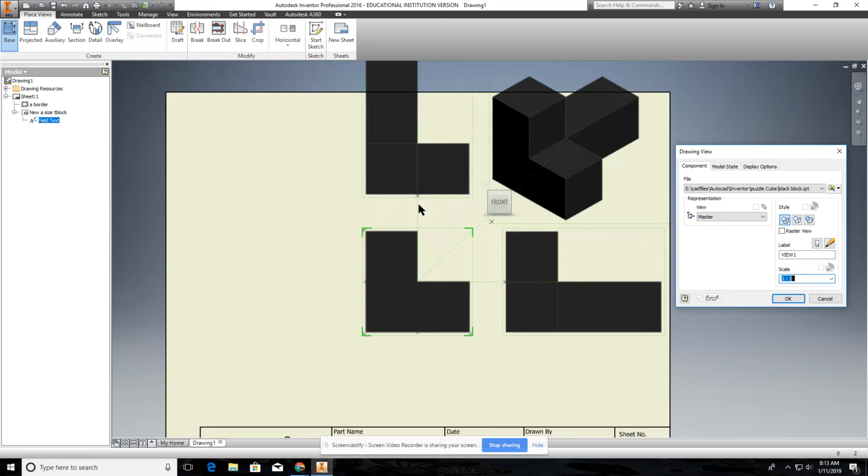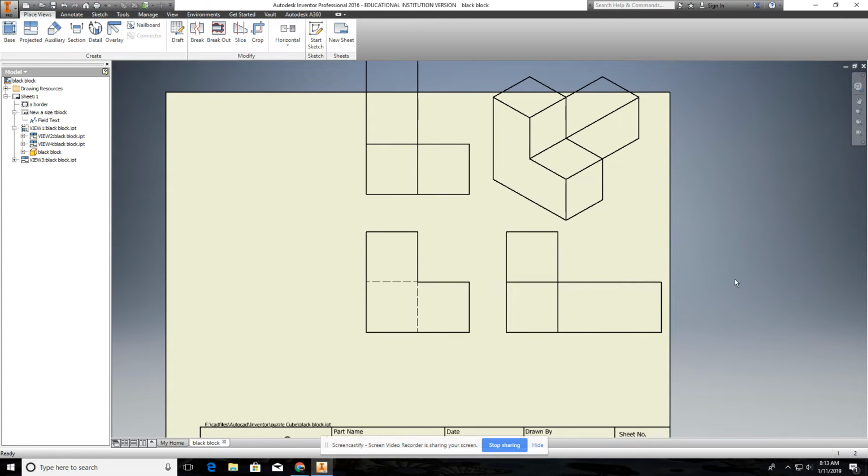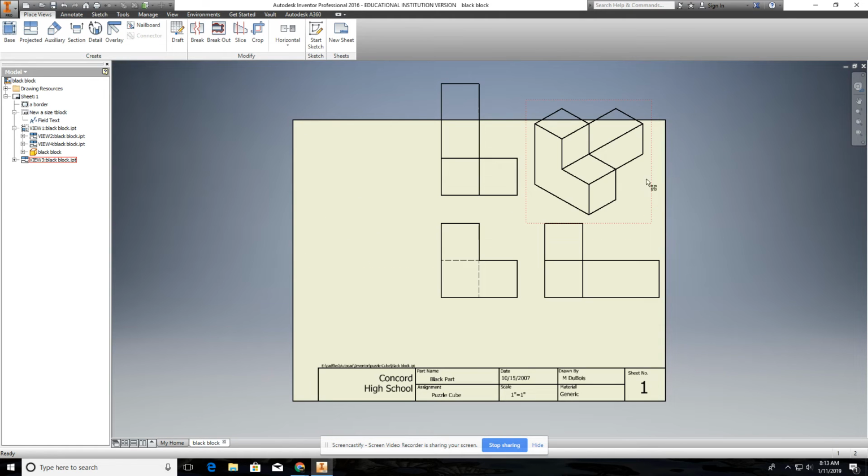But then once you get those 4 views, and we always usually want just the front, top, right side, and the isometric view, then you go to OK. Then it's going to place those views. All right. Now, once you have those in, don't worry about them being too big, because you can move these